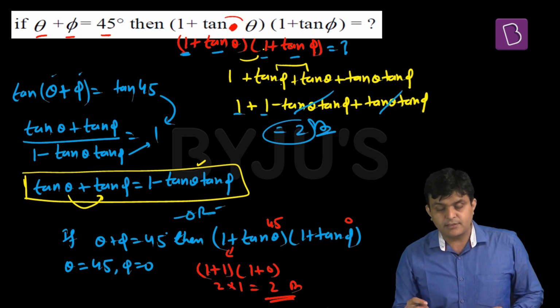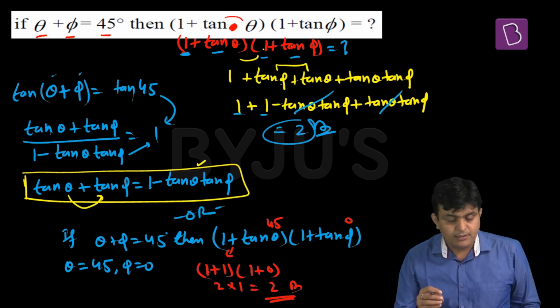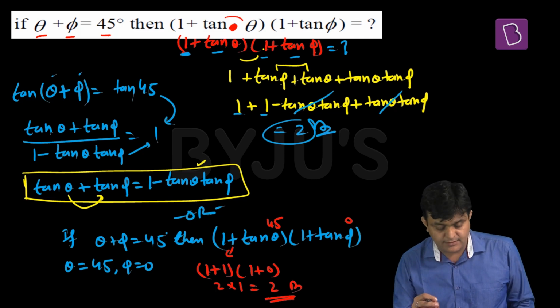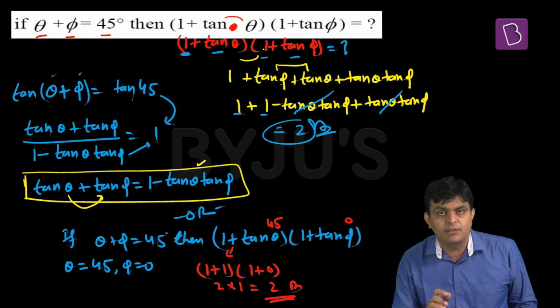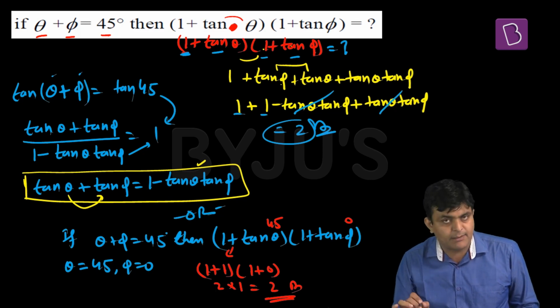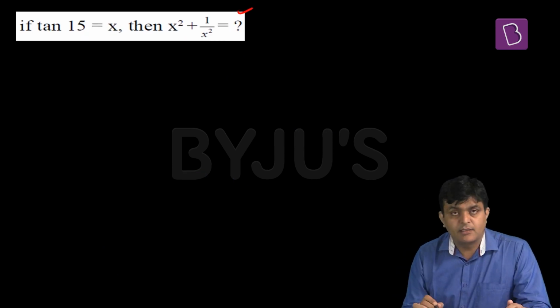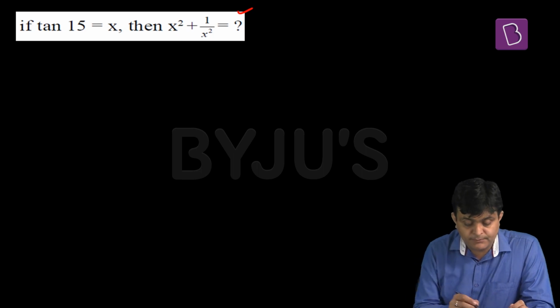For first calculation in exam we can see we can put theta as 45 and phi 0 and reverse also, theta 0 phi 45 and get the same answer. Before doing this, again we have to make some basic.